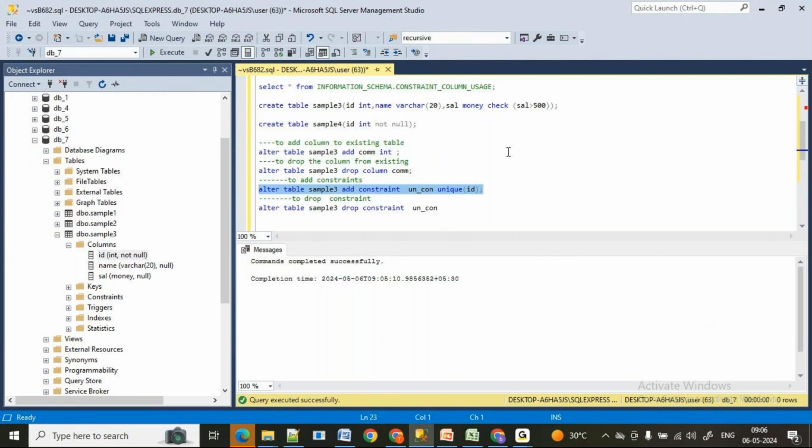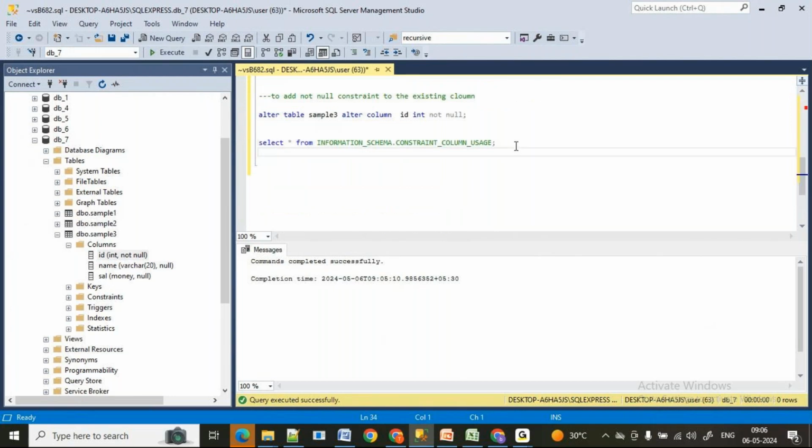Okay. Now, let me take two fresh tables. Create table sample 5, where I'll be taking id which is of int, and directly I'm just taking primary key.